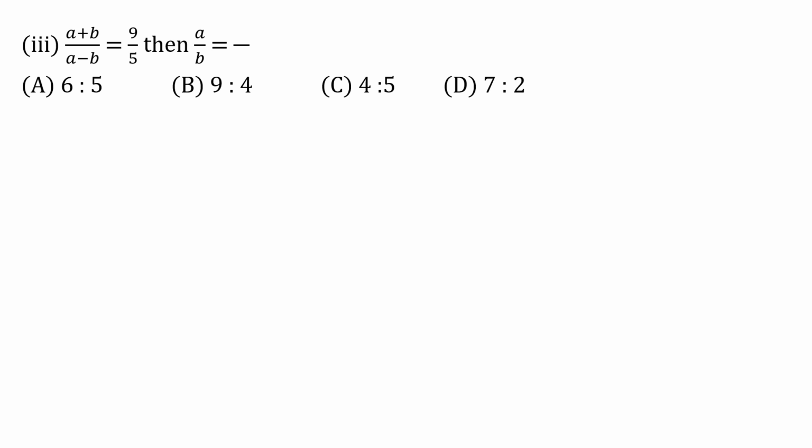So on the RHS also you'll apply componendo and dividendo. So it will become 9 plus 5 upon 9 minus 5. So you'll get 9 plus 5, numerator as 14 and denominator 9 minus 5 will get 4. So again further it can simplify, 14 upon 4, divide by 2. So you'll get 7 upon 2. So answer would be D, that is 7 upon 2.